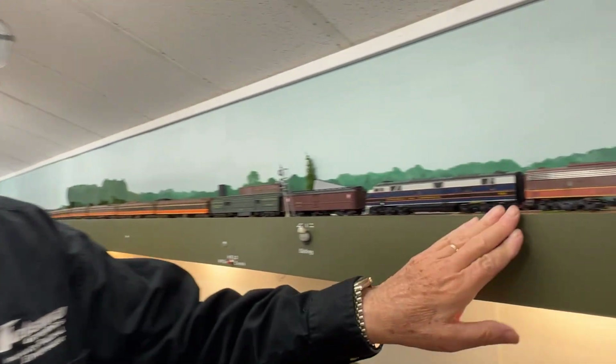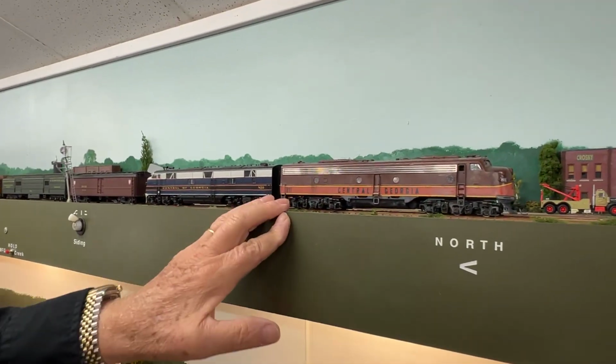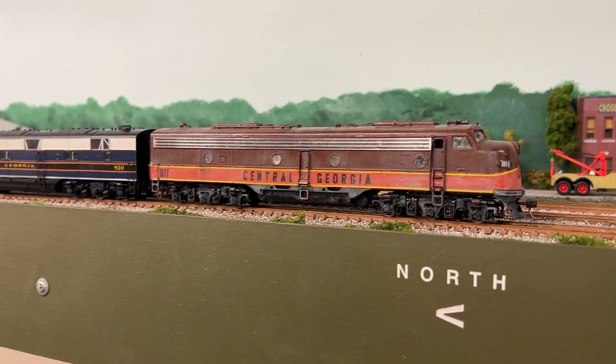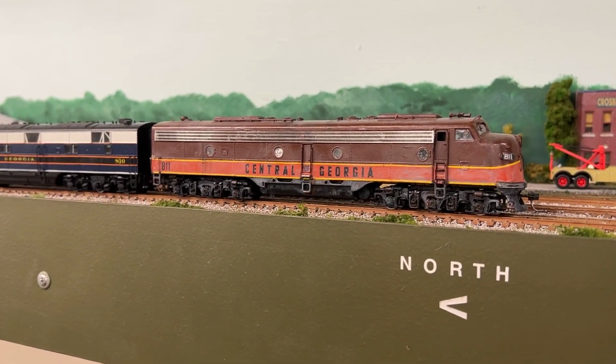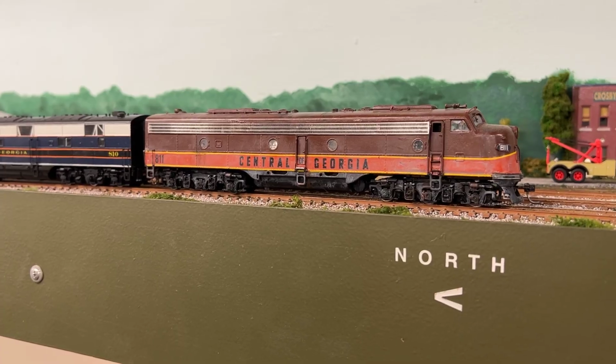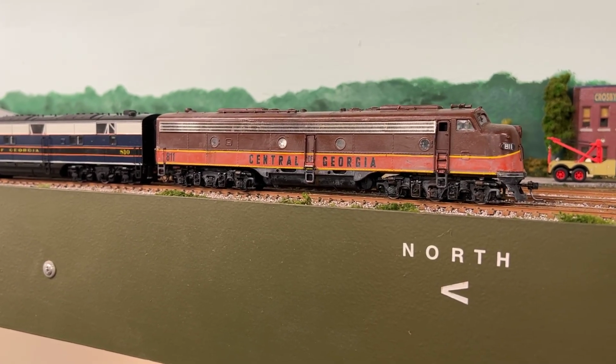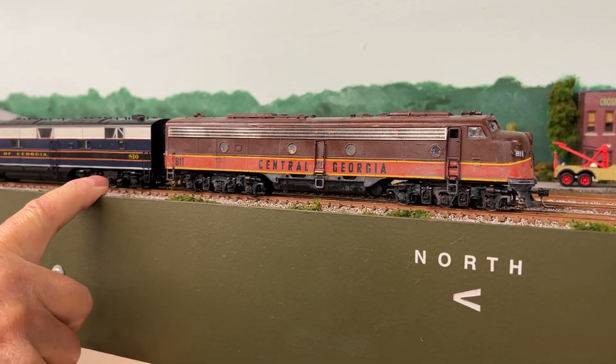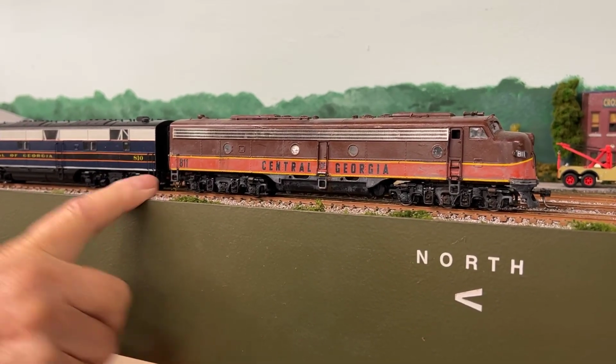And I've got an example here of my Seminole. So let's just start out, and I'll tell you what our Seminole is. What I've got here for my Seminole is the Central of Georgia. The Seminole ran over it from Birmingham all the way to Albany, Georgia, and they had two engines dedicated, 810 and 811,